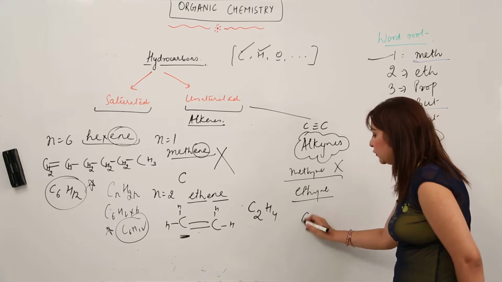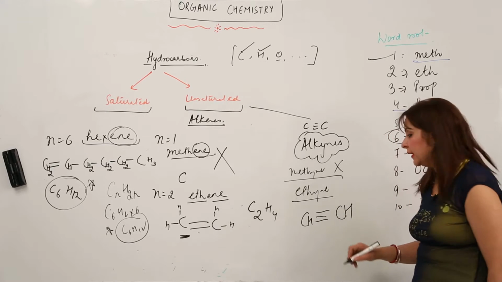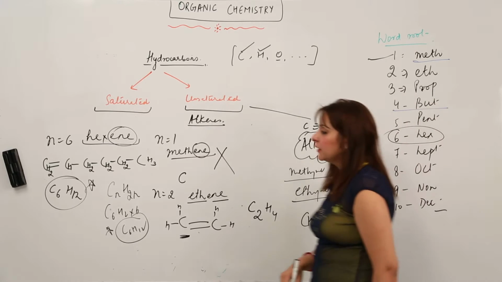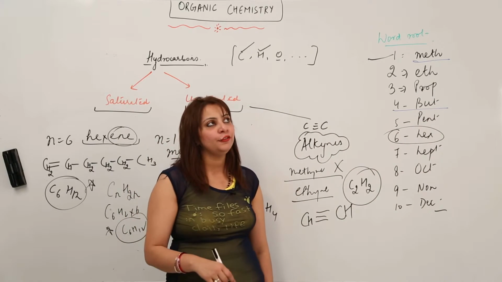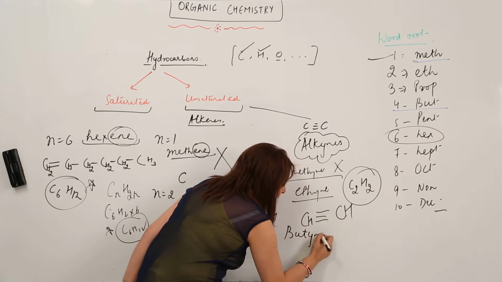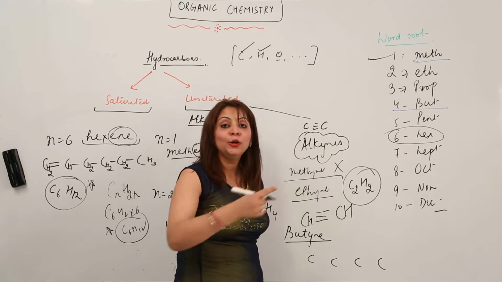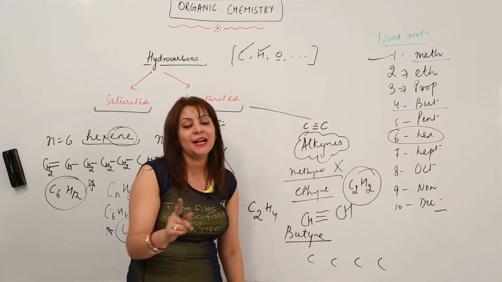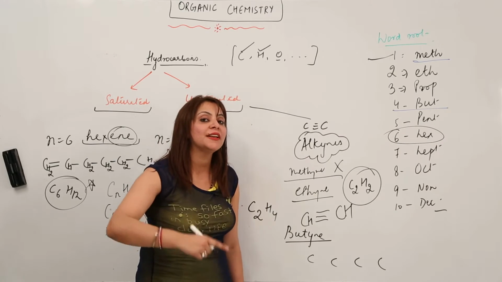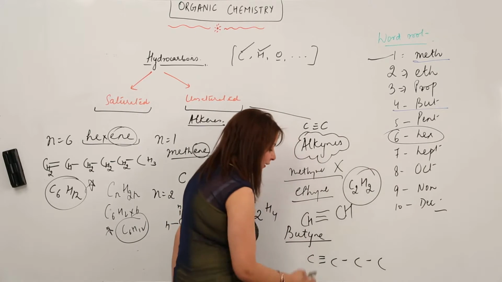So again, ethyne: eth means 2, yne means triple bond, 1 valency unsatisfied, 1 valency unsatisfied. So it comes out to be C2H2, right? And similarly, if I want to make an example of the 5th member... 5th means butyne. But how many carbons? Yes, 4. Yne means again a triple bond. Do not decorate all carbon atoms with triple bonds, I am telling you again, right? Just put 1 triple bond, and that triple bond should be present at the corner, either this or that, and all the rest single.